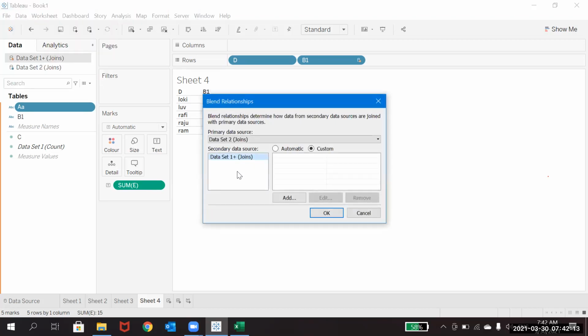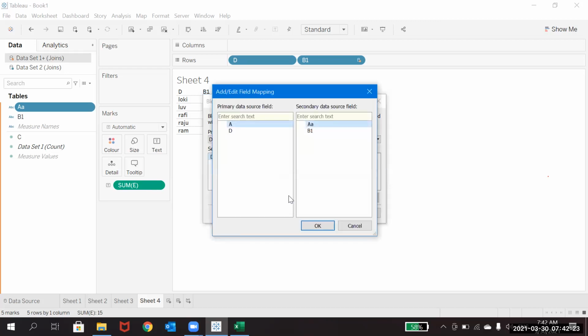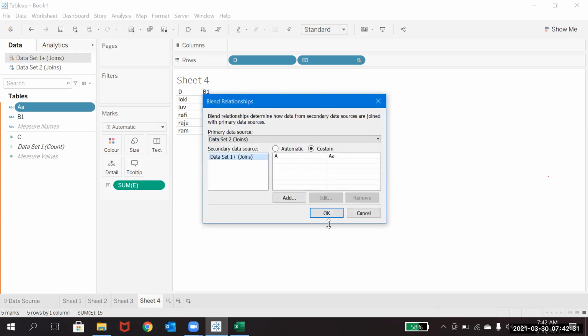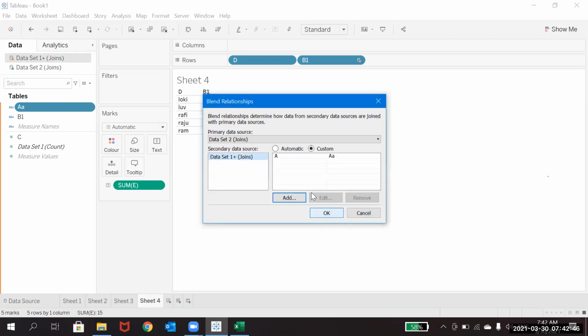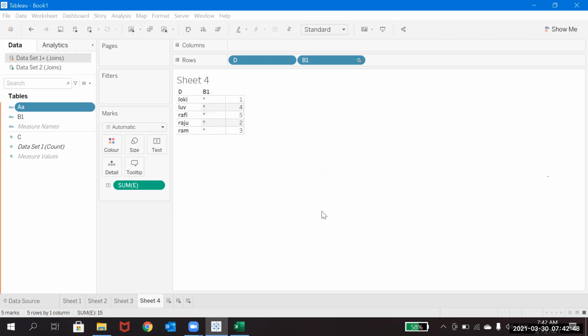Right now what I did is, we know that the A column contains only A, B, C, D, and in the data set we do have the common column A, and we have the information. So we'll do this blending now. We just need to add one at a time. If you'd like to see other columns, you can click on this and add them. Okay, now I have added A and clicked OK.